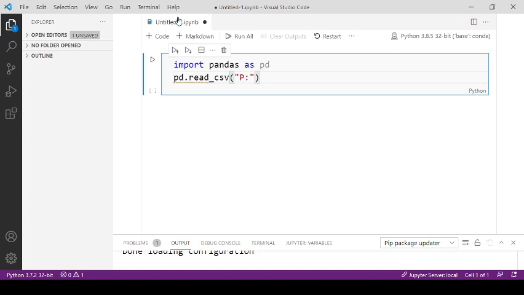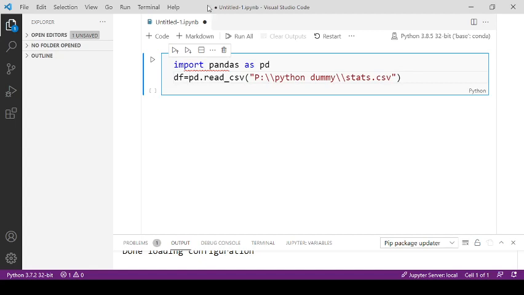So here I am writing the path where the CSV file is situated. This statement will read the CSV file and we are going to assign it to a data frame named df.